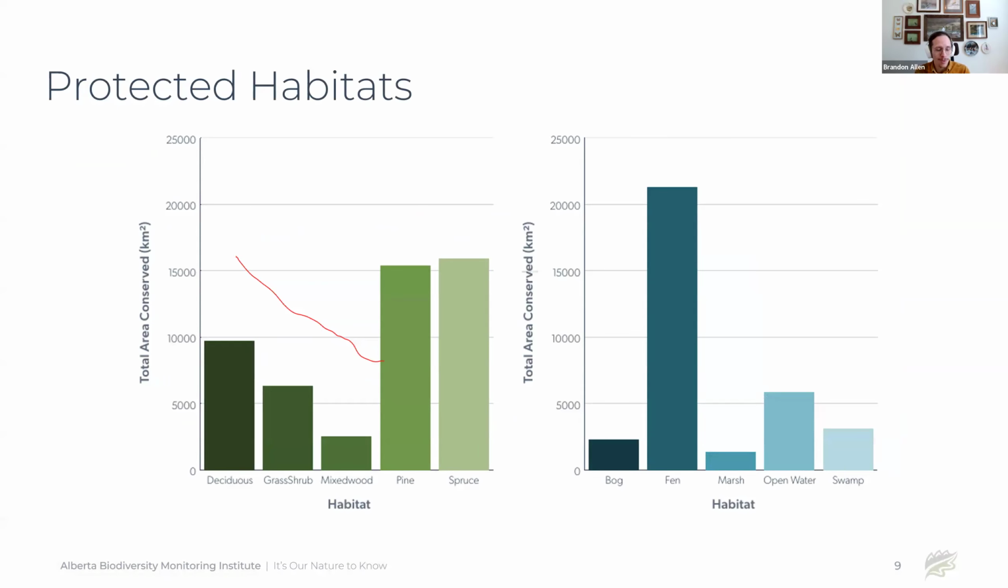So now that we know this general approach we want to take, we can start figuring out what is currently protected in the province. You're going to see a lot of figures like this. Anything in green, we're talking about these terrestrial upland systems. Anything in blue, we're talking about wetlands and more aquatic systems. So you can see as of 2022,